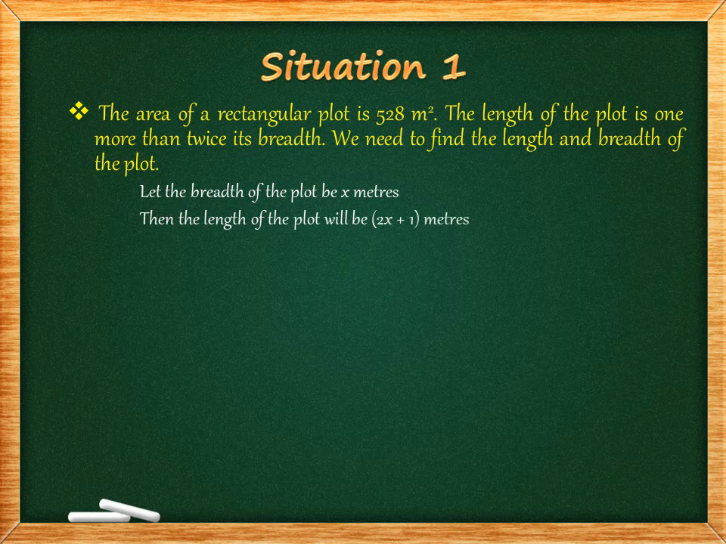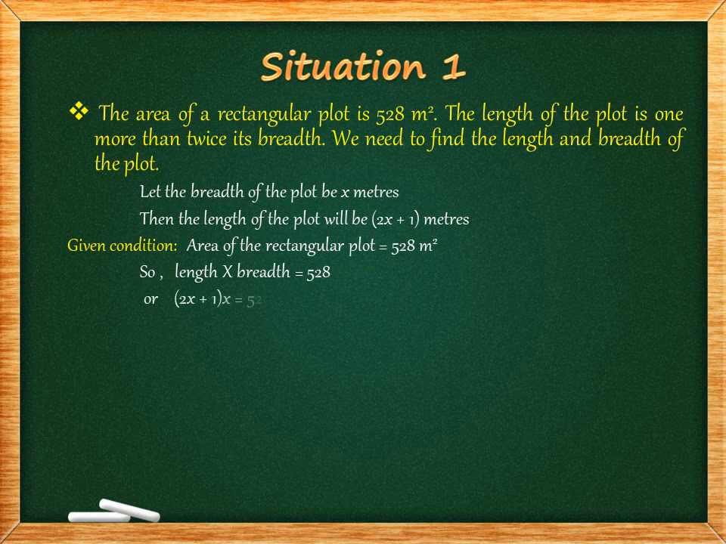its breadth. Now the condition is area of the plot is 528 meter square, and as the plot is rectangular, so its area will be length into breadth. We will write length into breadth is equals to 528. Now in algebraic form, it will be 2x plus 1 into x is equals to 528. After opening the bracket, we will have 2x square plus x is equals to 528. And after transposing 528 to left hand side, the equation is 2x square plus x minus 528 is equals to